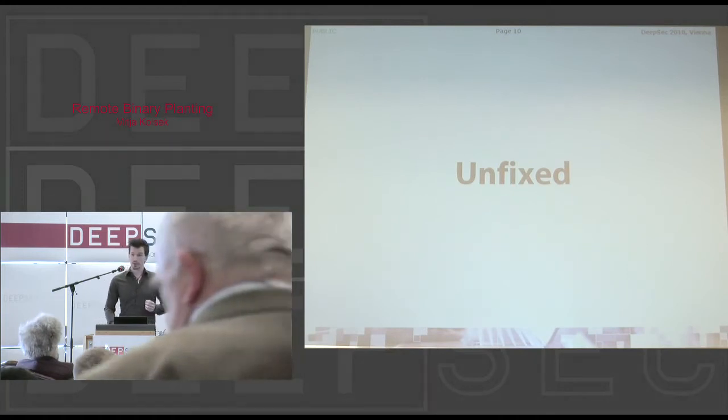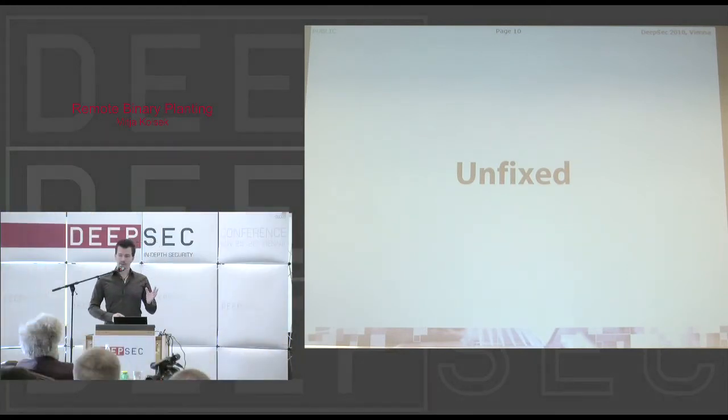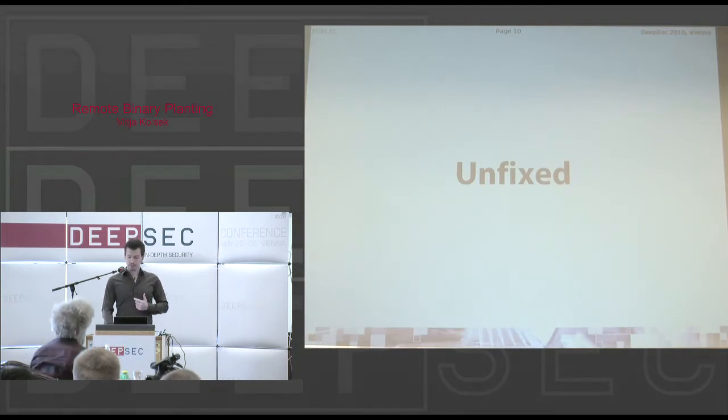And even though over 200 vulnerabilities of this type have been fully disclosed and can be found on the internet and exploited, most of them are still unfixed. If you go to our blog, our latest blog post gives you some statistics on how badly vendors are fixing this. So what's going on here? To see what's going on, let's go back to the beginning.